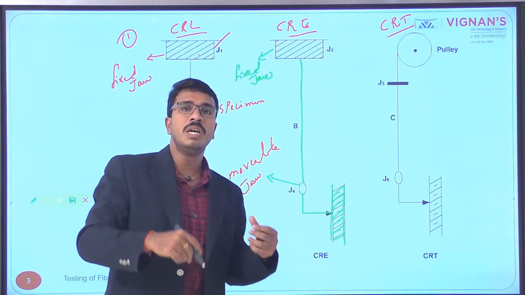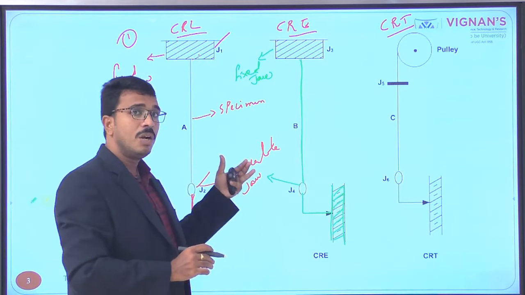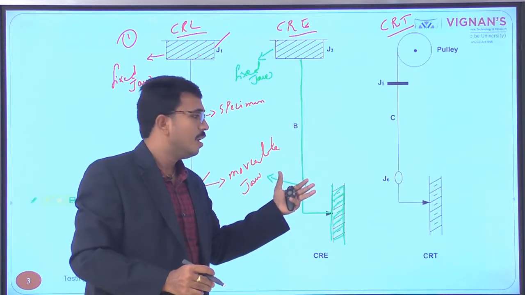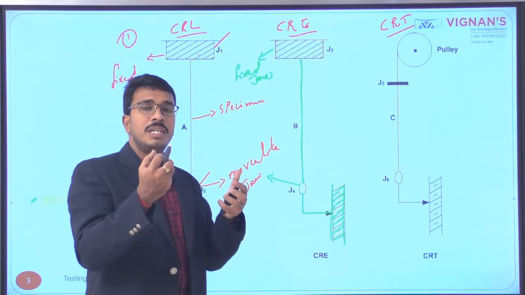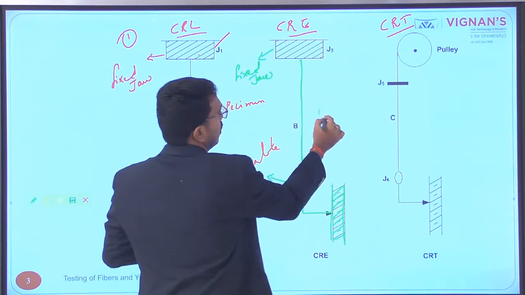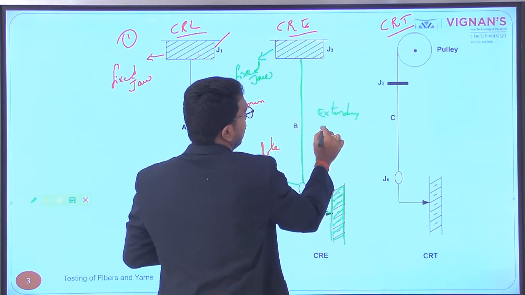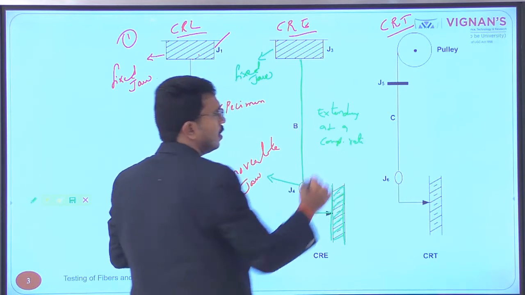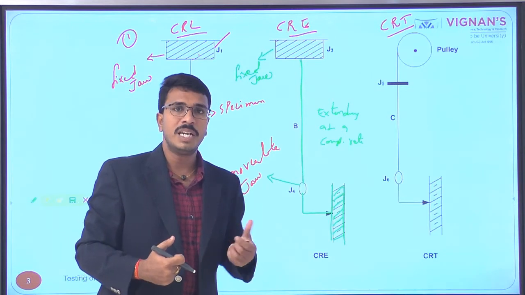The bottom jaw is connected to a screw type mechanism, so the load is not going to be directly on the specimen. Instead, when this screw mechanism rotates, the specimen starts extending at a constant rate. Are you getting my point?